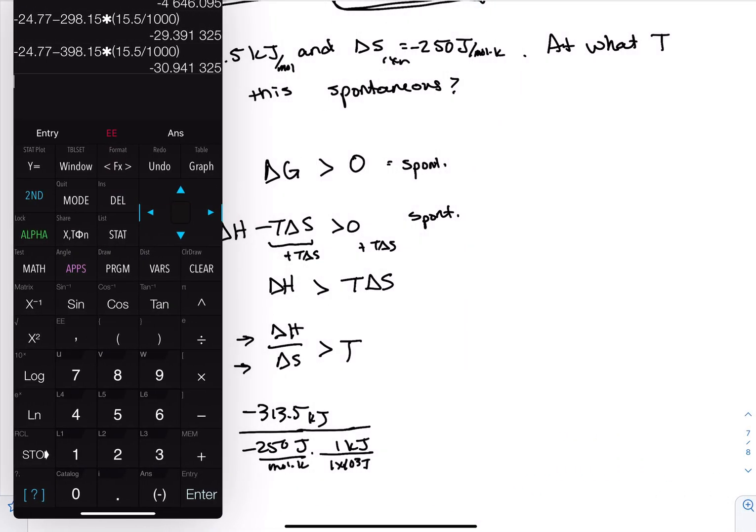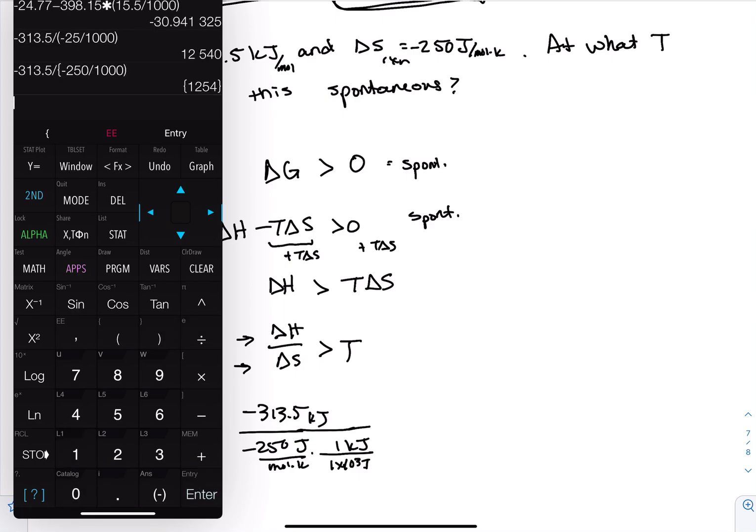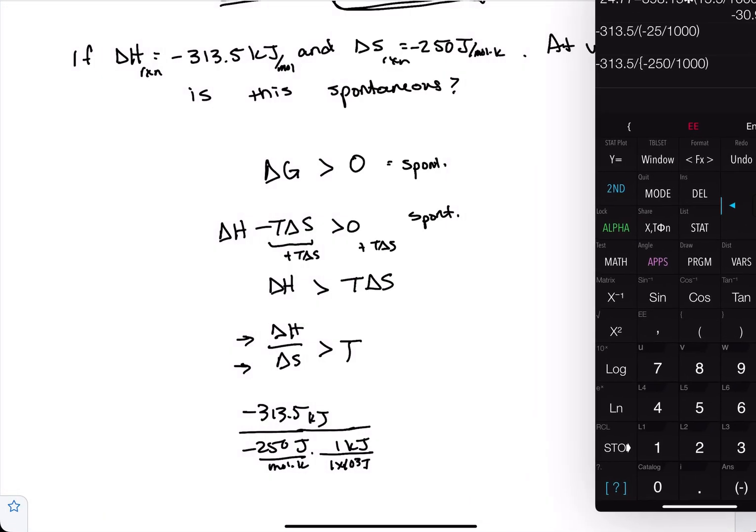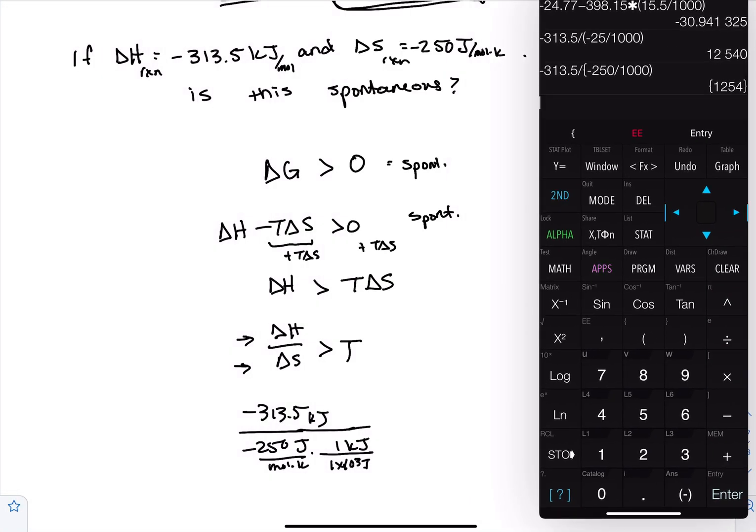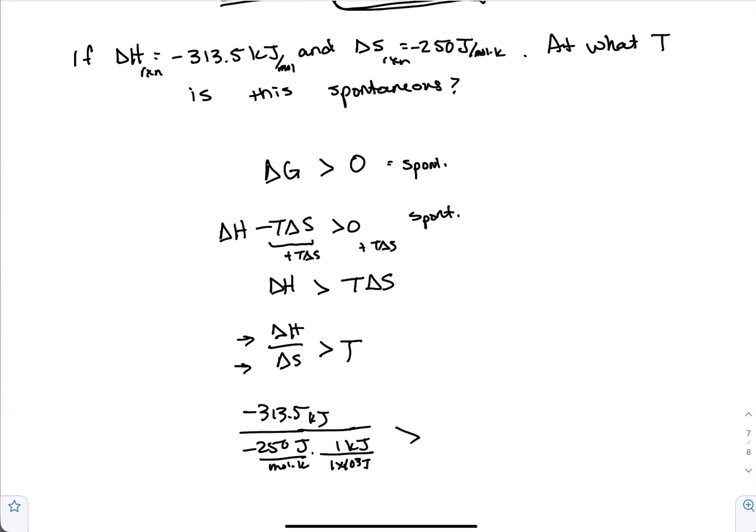I'm going to put this in the calculator. Negative 313.5 divided by negative 250. But I need that to be converted into kilojoules. So it's just basically that term divided by 1,000. And I'm going to get 1254 Kelvin, which is huge, right? But at 1254 Kelvin,